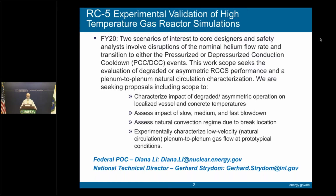I'm going to begin with RC-5, which focuses on experimental validation of high-temperature gas reactor simulations. This particular area is focusing on two scenarios of interest to HTGR core designers and safety analysts. These involve disruption of the nominal helium flow rate and a transition to what's called either a pressurized or depressurized conduction cooldown event. The pressurized conduction cooldown event is generally initiated by a helium circulator or turbine trip, while the depressurized conduction cooldown event is generally the result of a slow depressurization after a leak or break in the